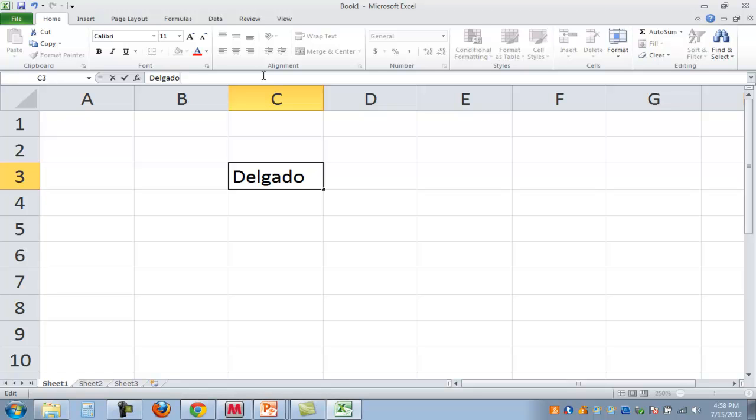This time I'll hit the enter key, and you'll notice the difference between when I click the check mark and when I press the enter key is that the active cell border moved, whereas when I clicked the enter button before, the active cell border did not move. I edited before by using the formula bar. Another way to edit is to double click the cell that you want to edit. So I'm going to double click C3,